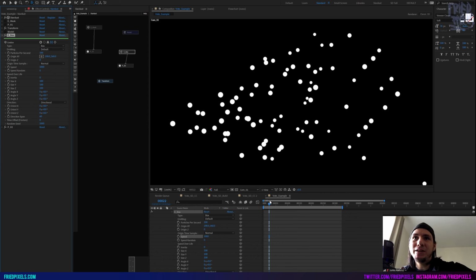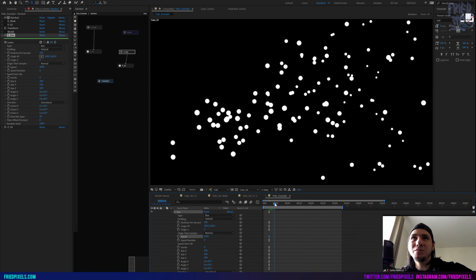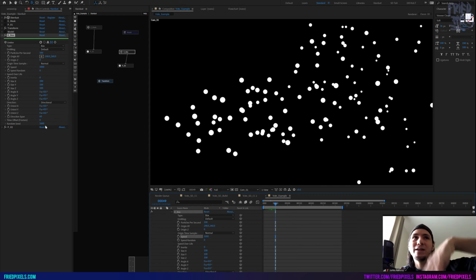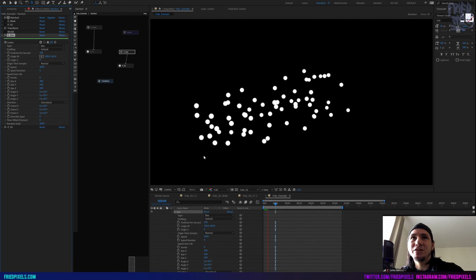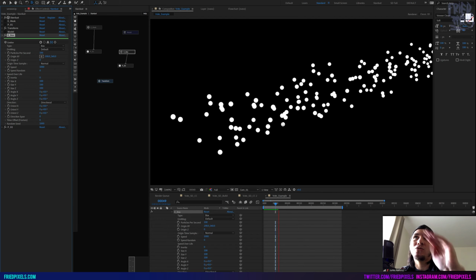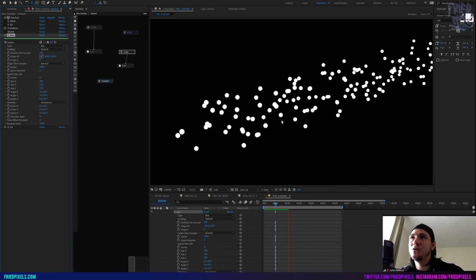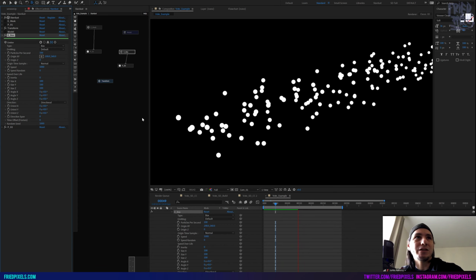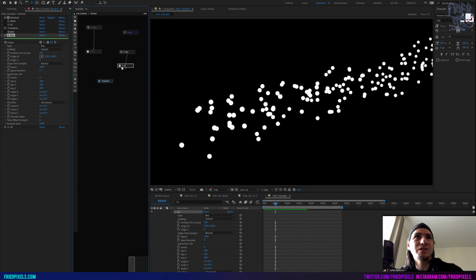And you can see what's happening is that they are starting from that box, but they're going really wide and kind of spreading out. That is because the direction span is set to 60. We're going to set that to 0, which means that they're just going to immediately shoot out and across the frame, which is what we're looking for. So that's looking cool.